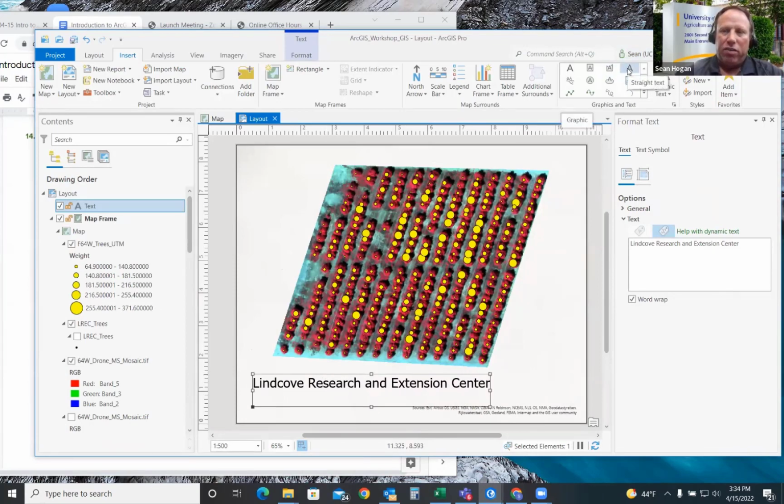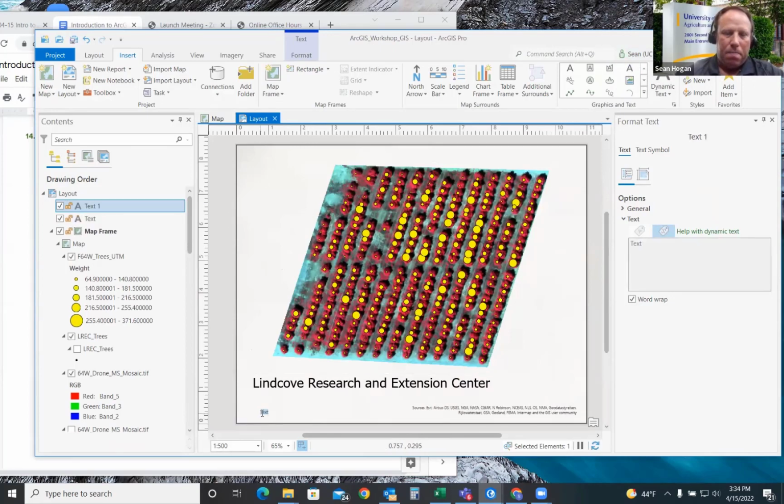Go up, click on straight text again, and click underneath it. And we'll go through the same process. Fortunately, though, text 1 now is the box that we're working on. It just says text. We can add in there naval orange production. You see how I did that? Just type, I inserted the new straight text box right down below it. You can barely see it. It's just a little teeny weeny speck right there.